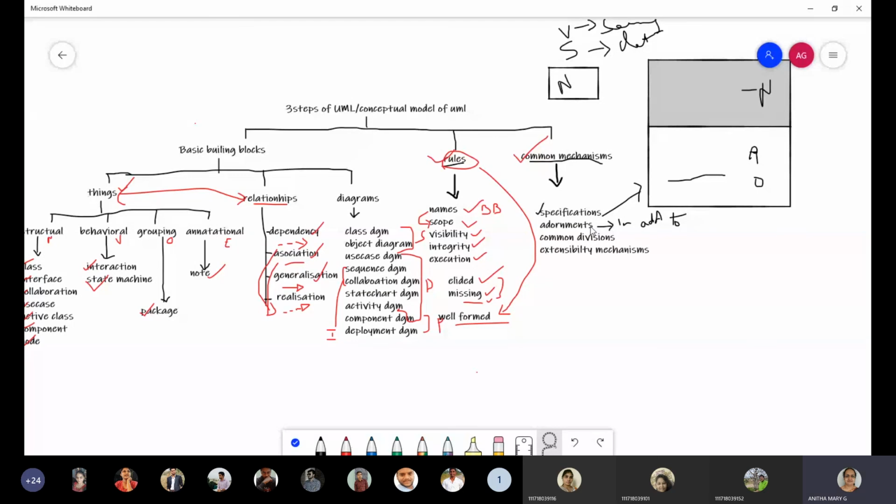We can include other details such as whether it is an abstract class, or the attributes and their visibilities. So when I talk about adornments, I'm just trying to tell you this. When we have attributes in the second compartment, say suppose you have a window class. Okay, you have a window class.